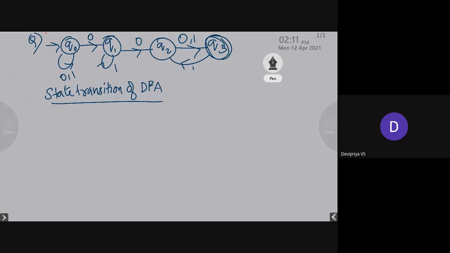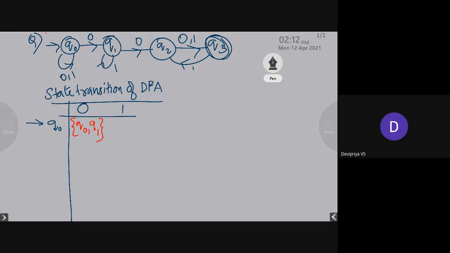So the initial state. What inputs are there? We have the inputs 0 and 1, which will remain the same for the newly obtained DFA. Coming to the states, Q0 is the start state of the given NFA, and as a result, it will be the start state for the DFA also. From the state Q0, check the diagram and identify which states it is moving to. From the state Q0, on receiving input symbol 0, it is moving to the state Q0, and similarly, it is also making a transition to the state Q1.